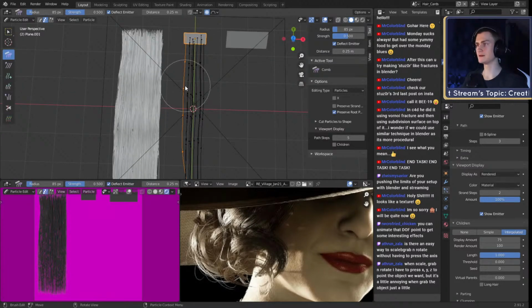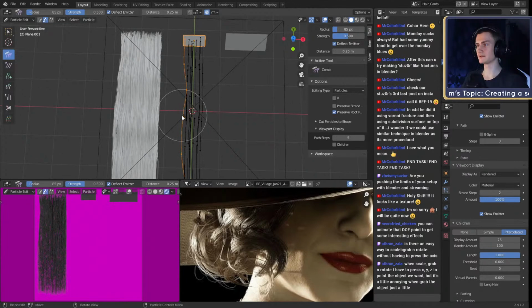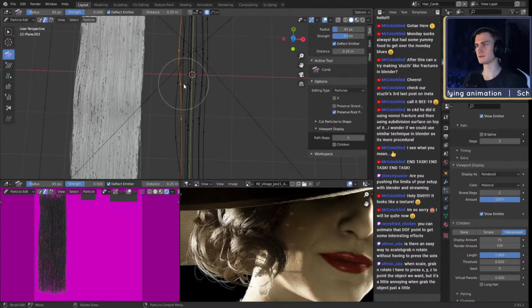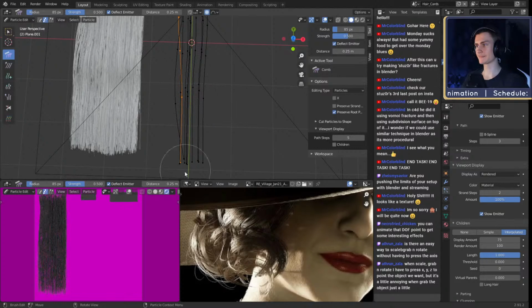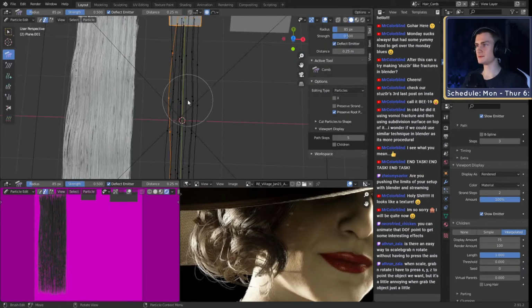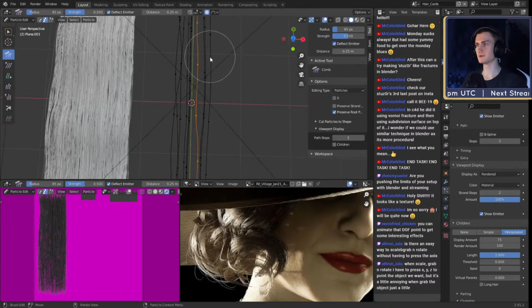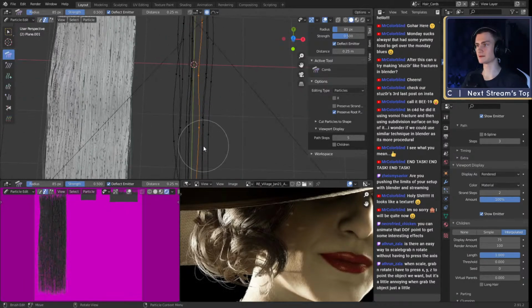I want to give these some more drastic deviation from the main flow, some more structure, some more randomness, which will affect the children as well. Like that, okay. Not too many though, because if you look at the strands in here, they're quite straight. So just small changes should work best for this character.